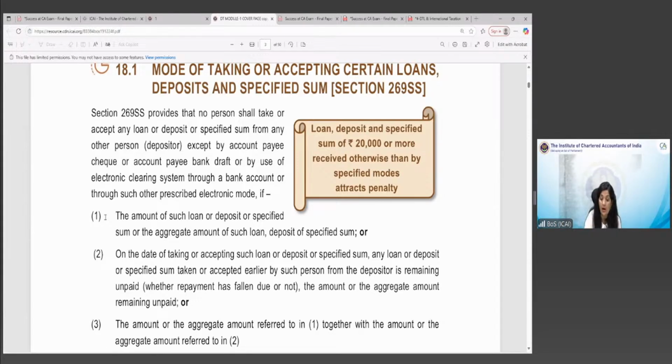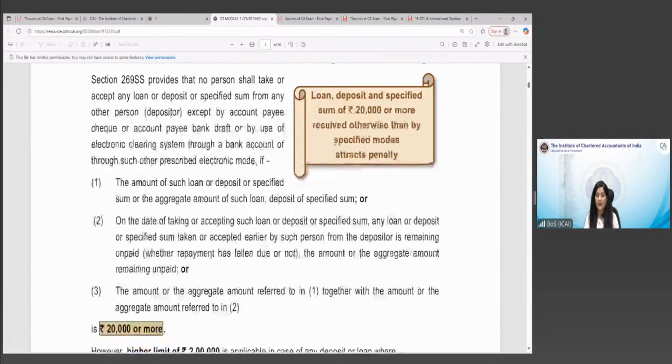Here the amount, क्या देखना है? If the amount of such loan, deposit or specified sum, or aggregate amount of such loan, ठीक है? Or on the date of taking or accepting such loan or deposit, or